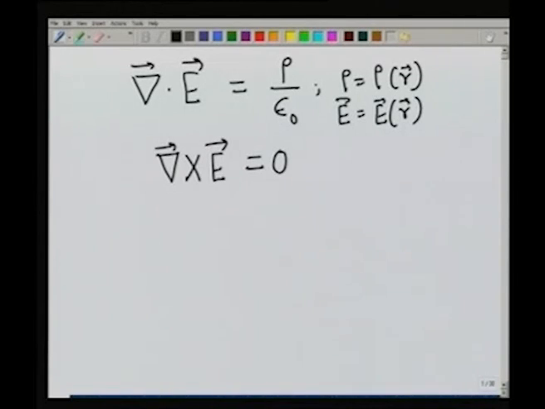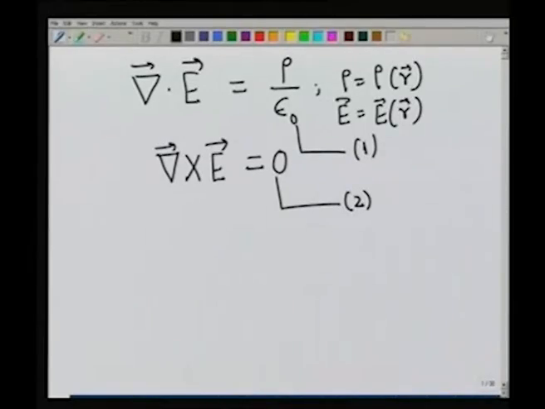Before we proceed to discuss other things, we should notice that these two equations have slightly different character. In order to emphasize that, let me call this equation 1 and this equation 2. The first equation tells us how the charge density as a source creates the electric field. The charge density is the source for the field, that is the electric field. So, we solve a differential equation in order to obtain the solution for the electric field. However, the second equation is not the solution of any source.